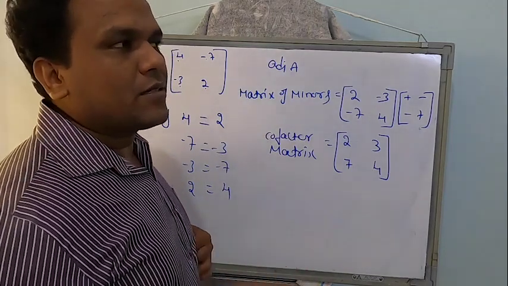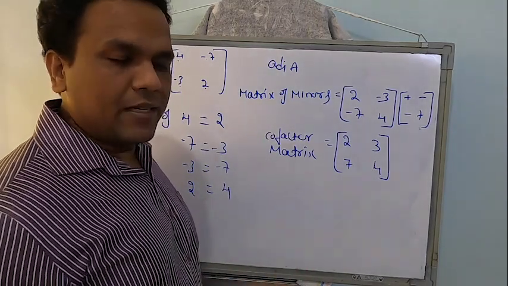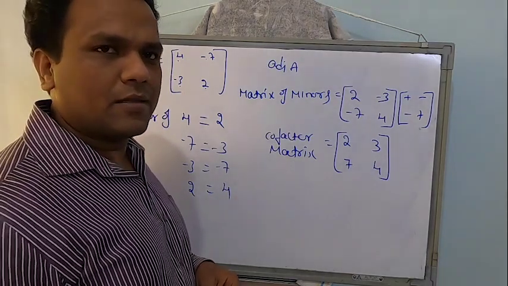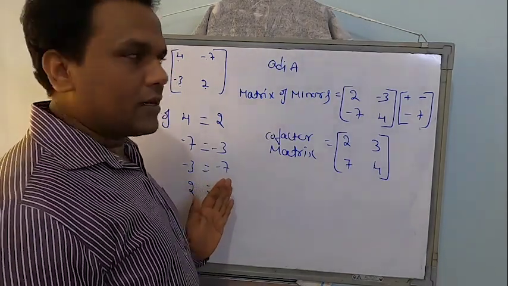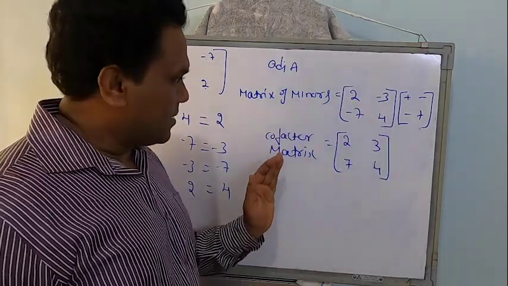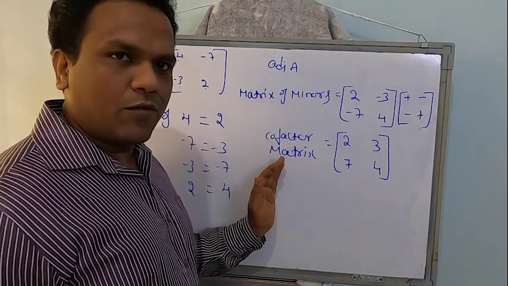This is the shortcut and easiest method to write down the cofactors. There are different ways and different authors have given it in different forms, but I find this quite easier compared to all the other methods. Finding minors, then constructing the matrix of minors, multiply that by the sign matrix. The resultant matrix is called the cofactor matrix.